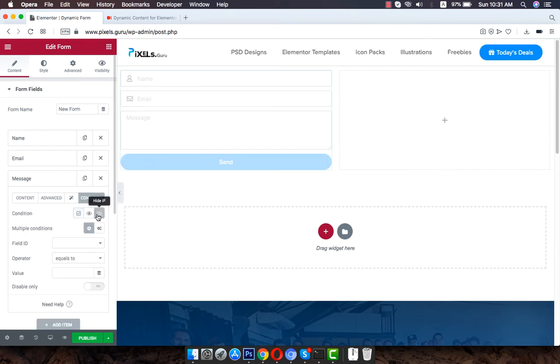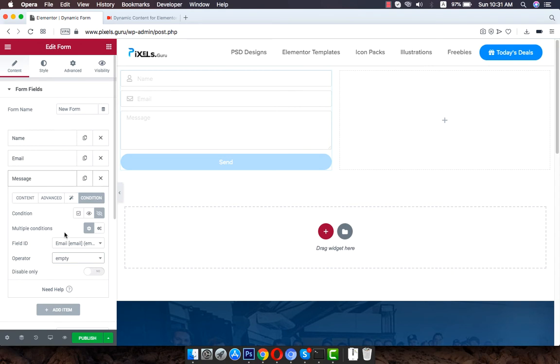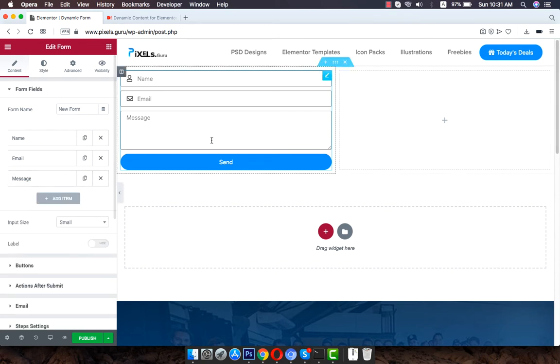I want to hide if the email field is empty. You can also use the other options if you are sure what you have to do with them, but for the sake of this video I am using this empty or not empty option. Good to go.